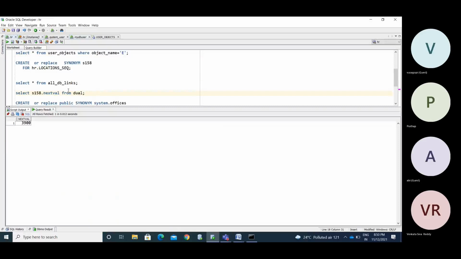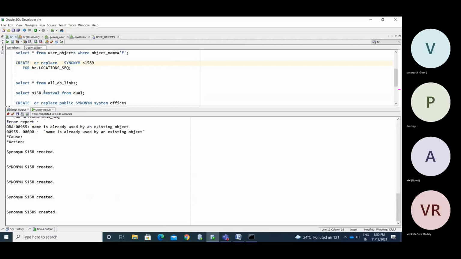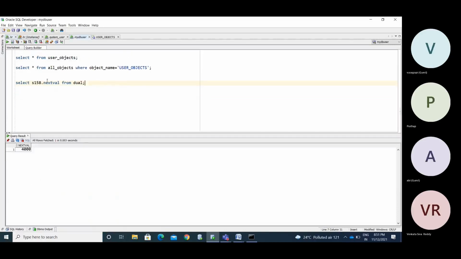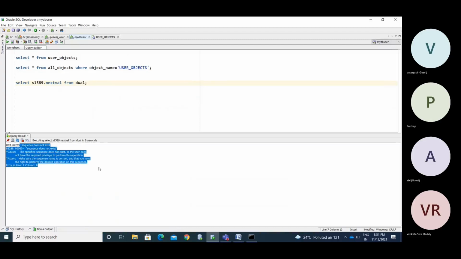Now I'm going to create 5189 as a private synonym. Now I'm calling with 5189. Sequence does not exist. Got it?